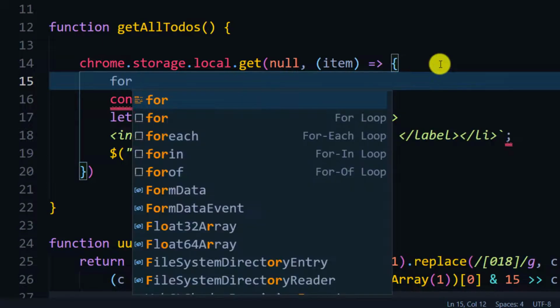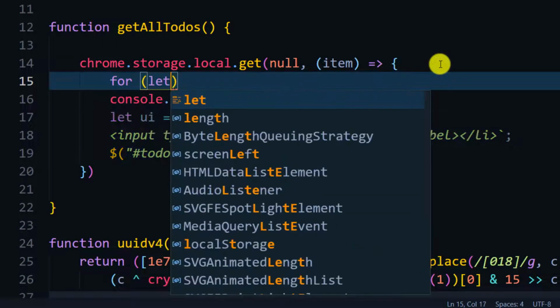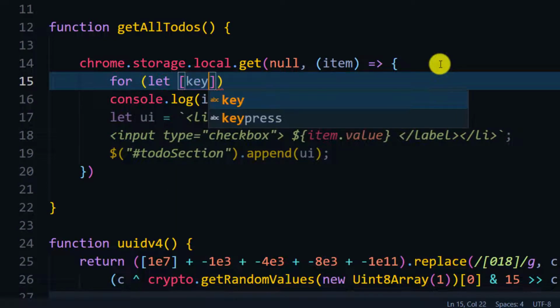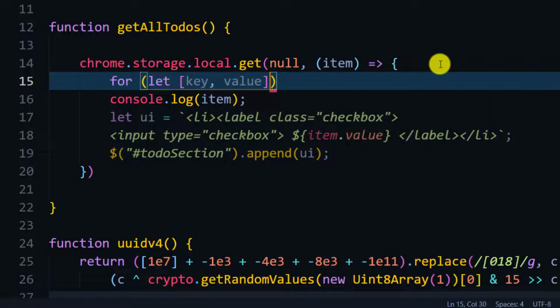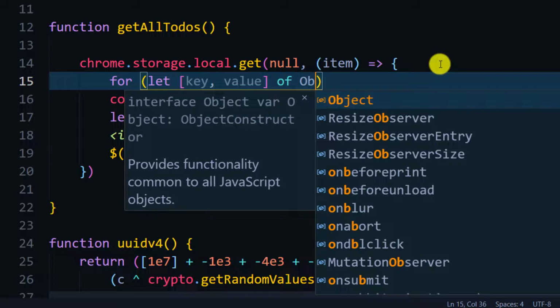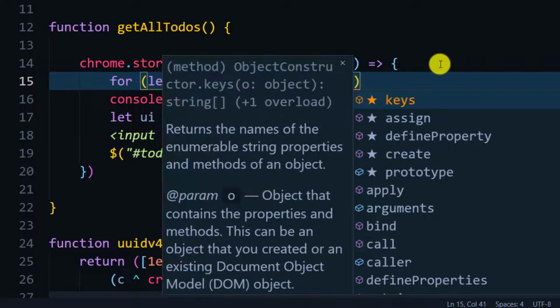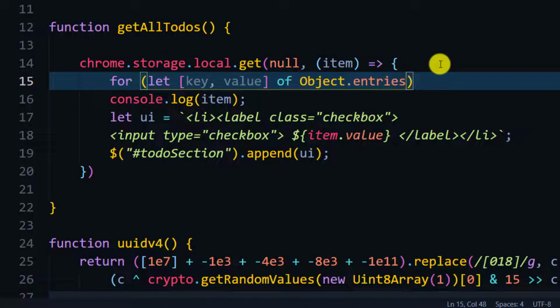So I'm going to use the same destructuring concept here. I will try to make a very good video on this in the next video. Object.entries, we have already learned in our array concept, so probably I will leave a link in the card. You can check that video. Okay, so here